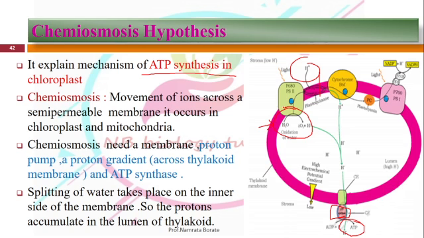When photosystem II expels an electron towards the outer orbit, it suffers from an electron deficit. Due to this, there is oxidation of the water molecule, and whenever this photolysis of water takes place, there is a release of protons, and these protons accumulate in the lumen of the thylakoid.